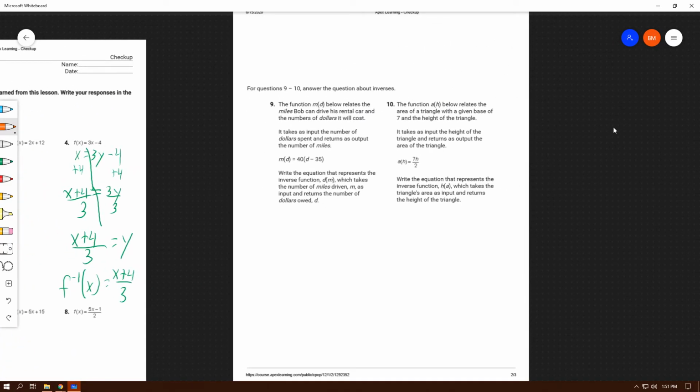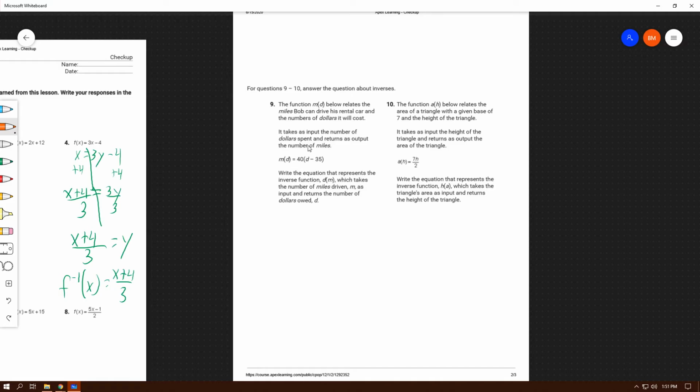Let's do one of these word problems here. The function m of d below relates to the miles Bob can drive his rental car and the number of dollars it will cost. It takes as input the number of dollars spent and returns the output of the number of miles. You think that would be flipped, but write the equation that represents the inverse function d of m. It doesn't make sense to say, hey, I want to spend $50, how many miles can I drive? You know how many miles you're going to drive, how much is that going to cost you? So we need to